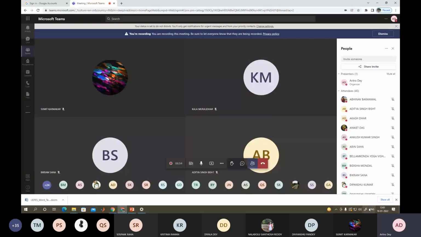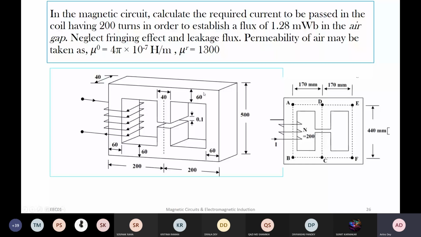Okay, so in today's class we'll try to solve this problem. You see there is a magnetic circuit with metal of permeability mu r equal to 1300, and for that we need to solve the air gap. We need to solve the magnetizing current. This is our I current, and this current should have such a value that in this air gap,